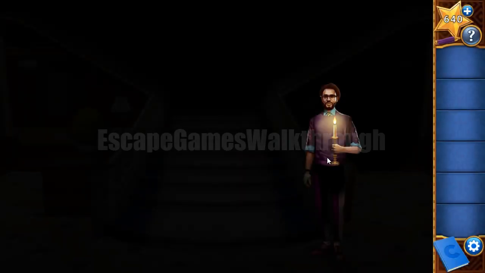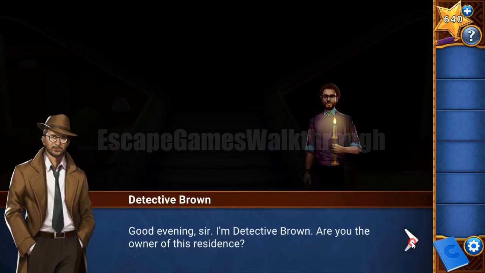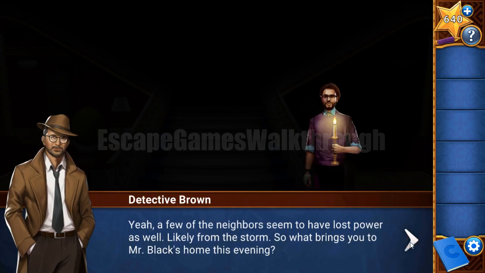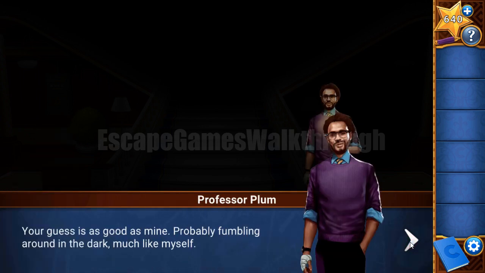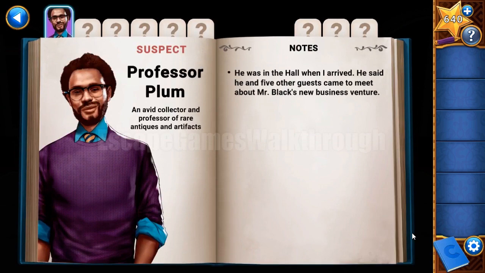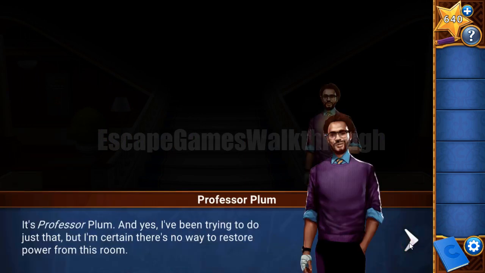So the first person we can meet here is Professor Plum. Let's talk to him. Here's the candle, and he's saying that there's a way to make the power on. Let's take a candle. These books with detective notes, we will use later. Then with this candle